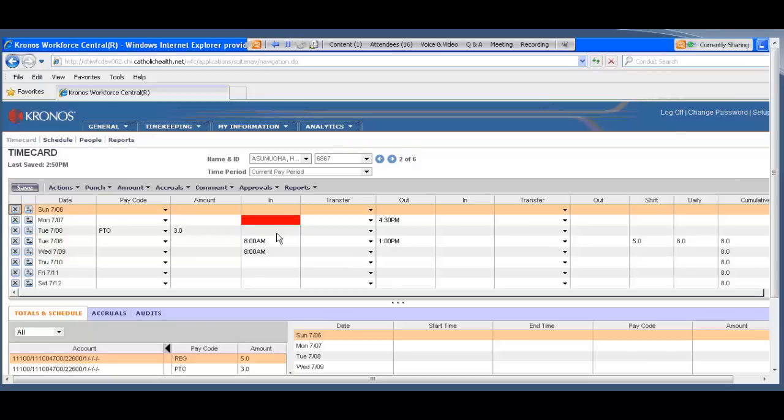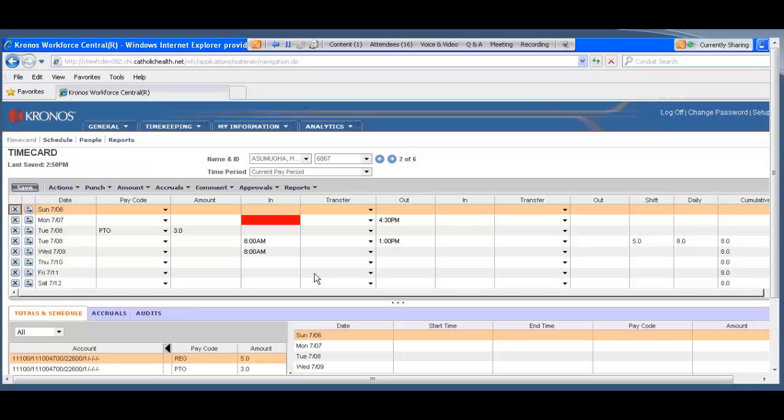Now, I know you have other pay codes, like I said, on-call hours, some bonus pay. To enter those pay codes, obviously those are entered under the pay code column here. The amount is entered here. And one thing I did forget to mention, and I apologize for that,